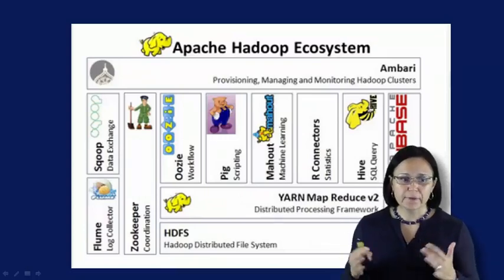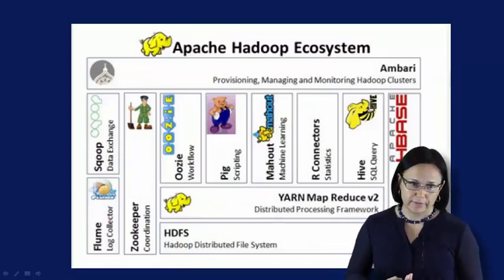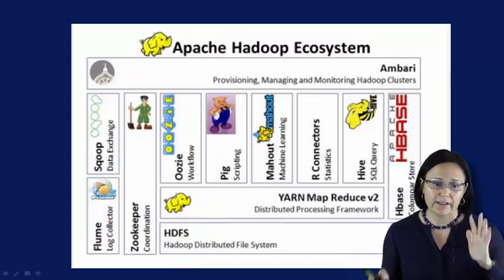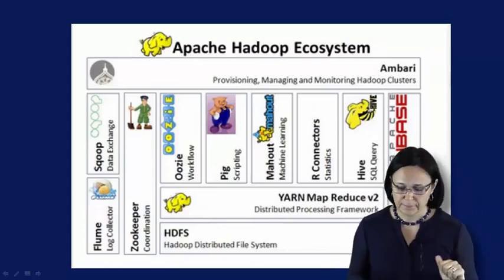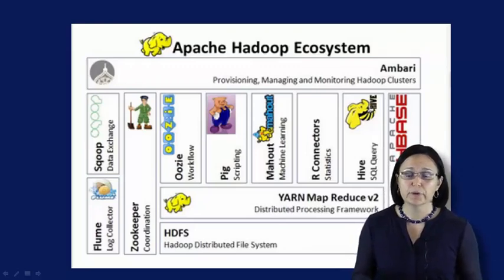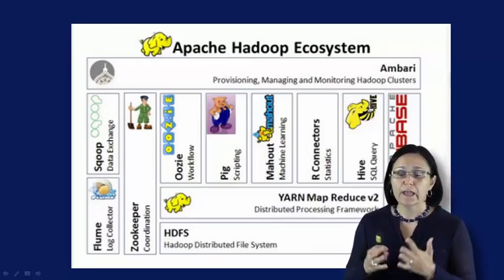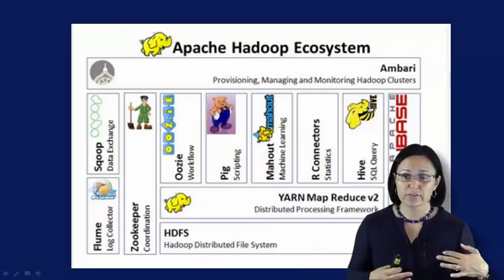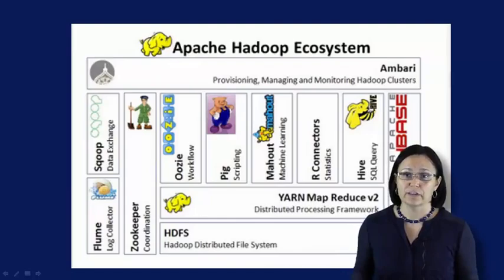So there are many pieces to the Apache ecosystem. In the next couple of slides, we're going to go through each one of these and take a look at what the differences are between the original Hadoop and Hadoop 2.0, and what these applications and services are that sit on top of the basic MapReduce system and the HDFS, and how we can use them